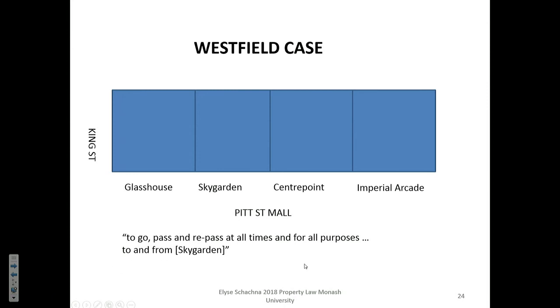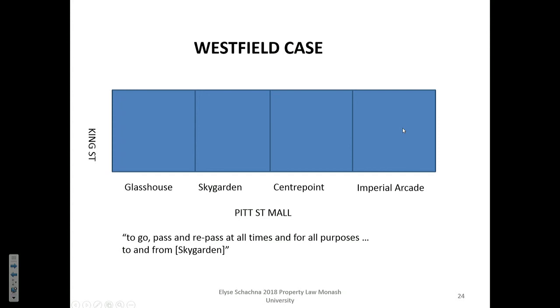And by looking at this clause here, the court ultimately held that the easement was limited to entering Glasshouse to get to Sky Garden, but not going further, just to go in and out. As I mentioned, Westfield may have agreed with Perpetual on other terms in terms of entering Glasshouse for other purposes,